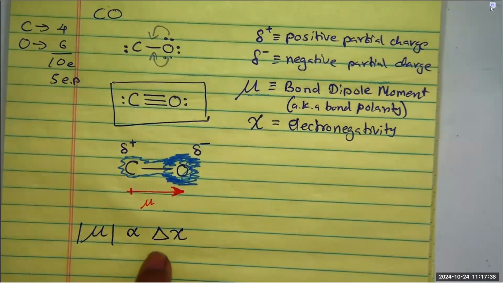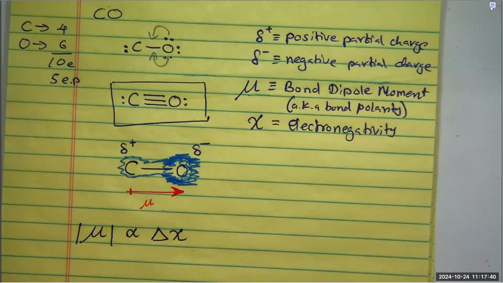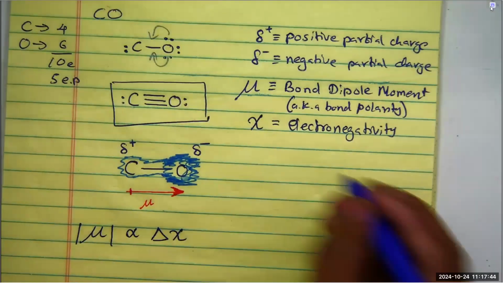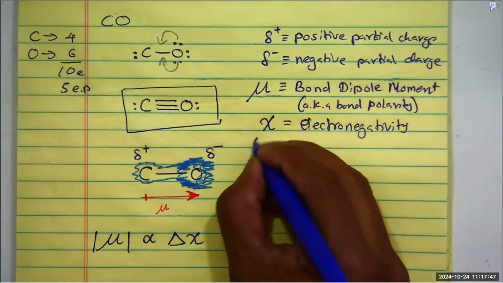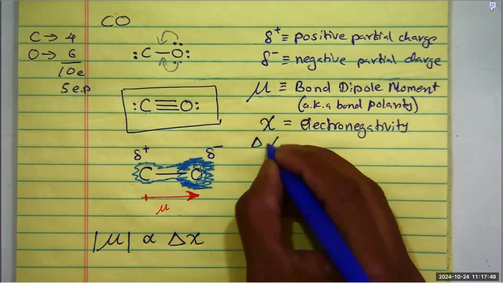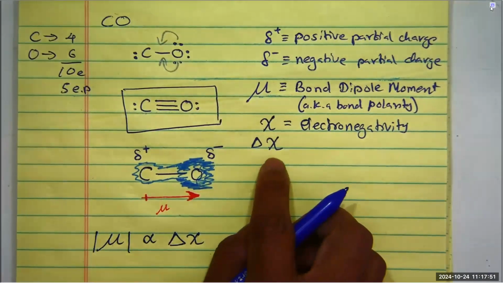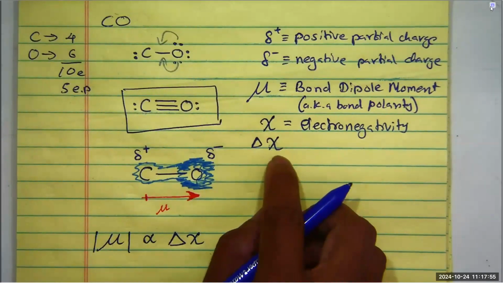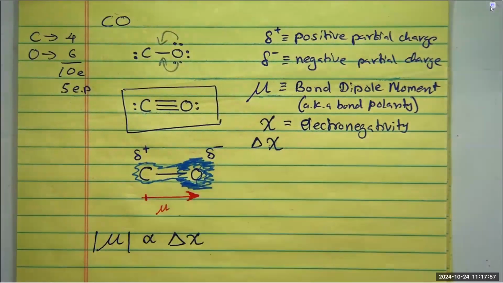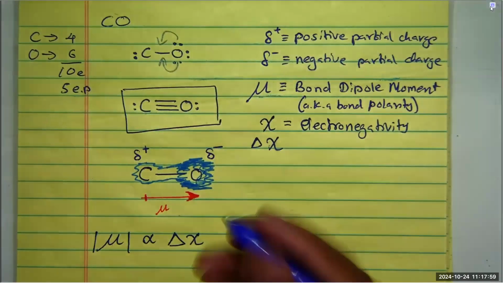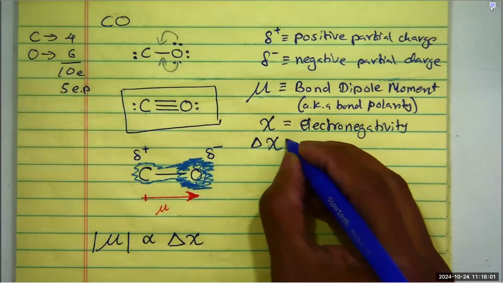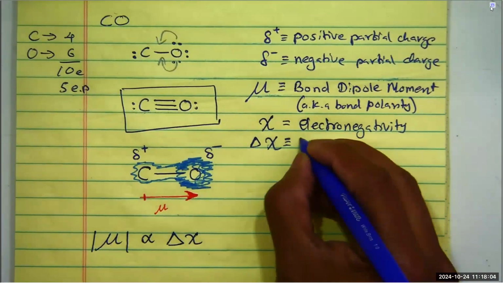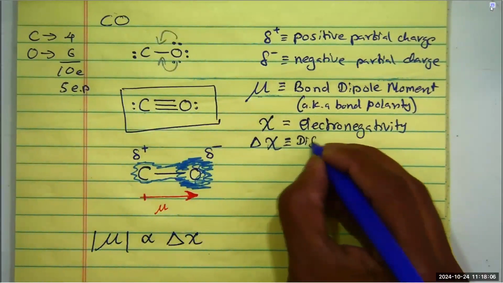So delta is usually used to signify the difference or the change. When I say delta chi, let me write that out for you. By the way, this is like x, but it's not x. It's chi. Anyway, what is meant by delta chi is the difference